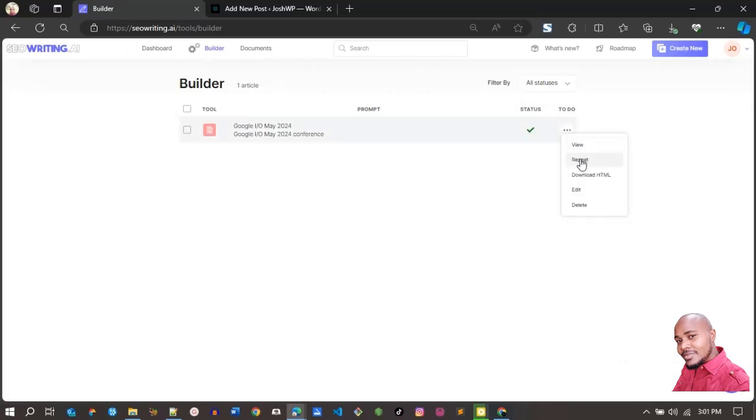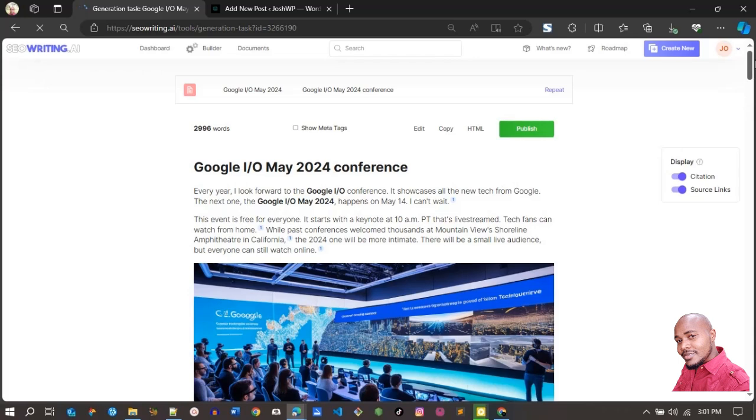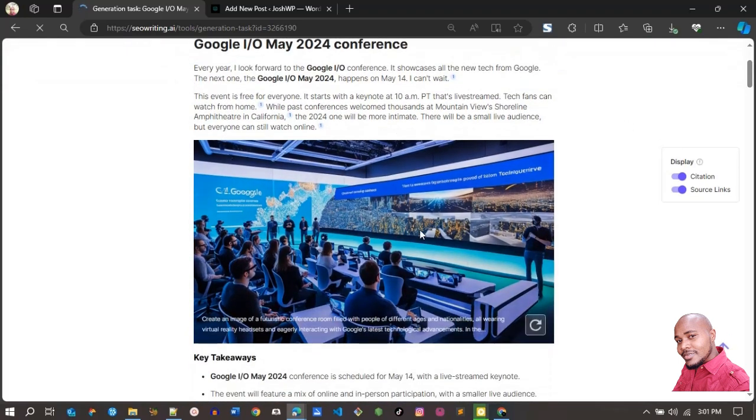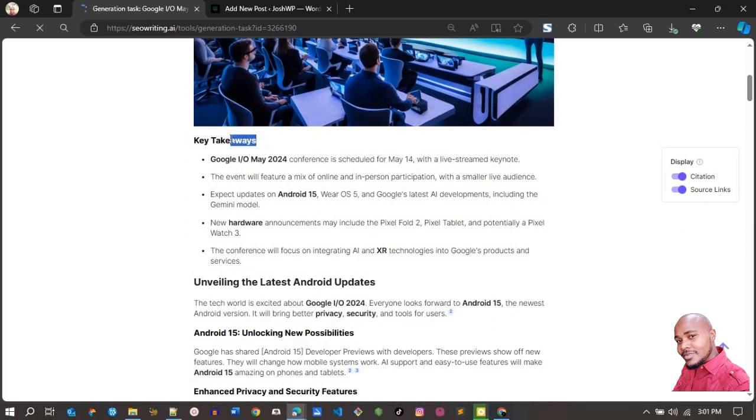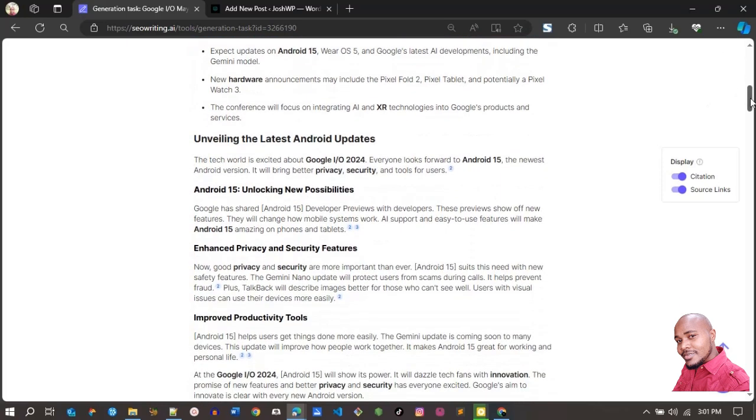Again, you can view, repeat, delete, or download. Let's click on the article, and this is the article. It's a very good one. It generated very relevant images, they're really good. Then you have another beautiful key takeaway section. Okay, we have citations,